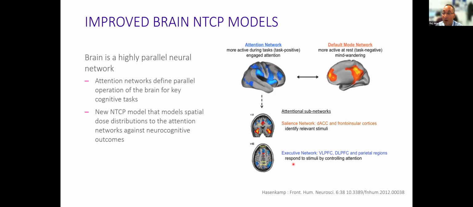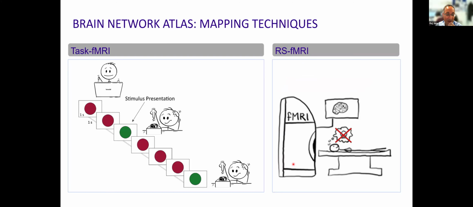And we believe, or my hypothesis is, that the functions of these networks are disrupted after we give radiotherapy, particularly after surgery. And we need to think about these networks as a chain, which is only as strong as its weakest link. So we need to work out the dose effect to every element of this functioning network in order to understand and correlate it between radiotherapy effects and toxicity. Just understanding what the dose to this part of the brain is not going to work, basically.